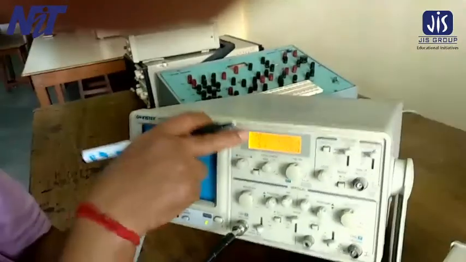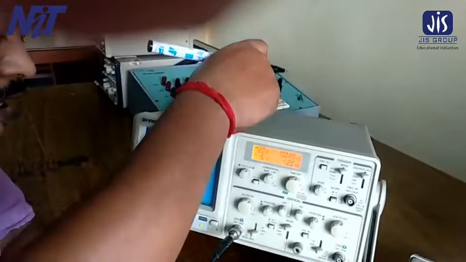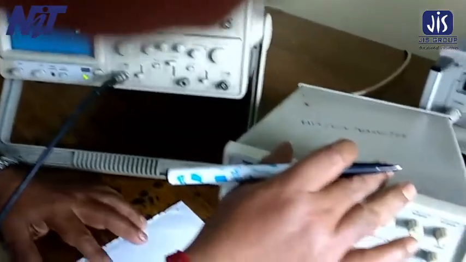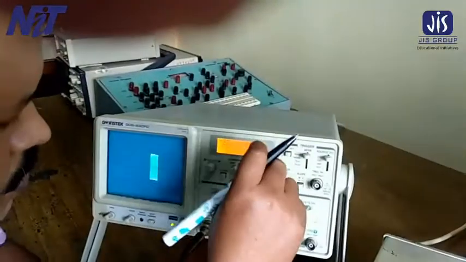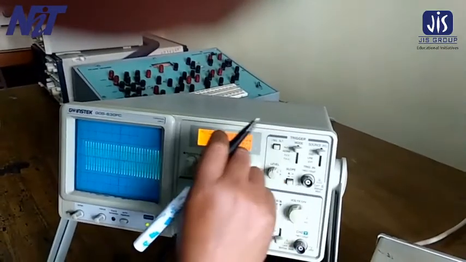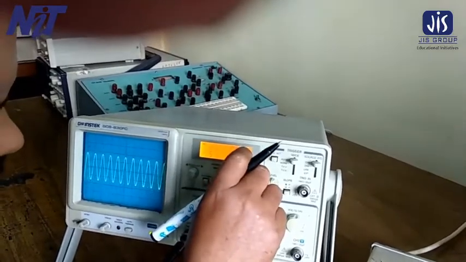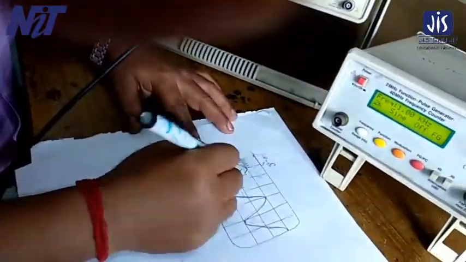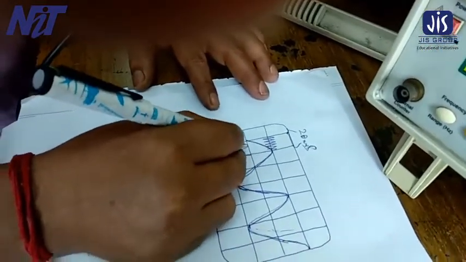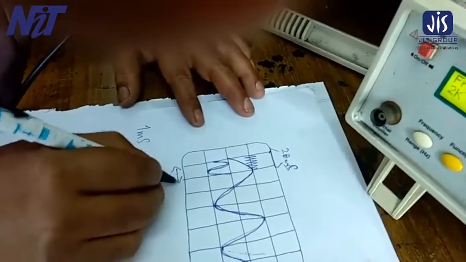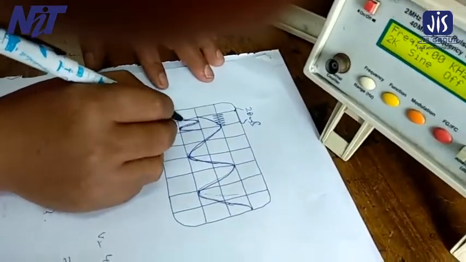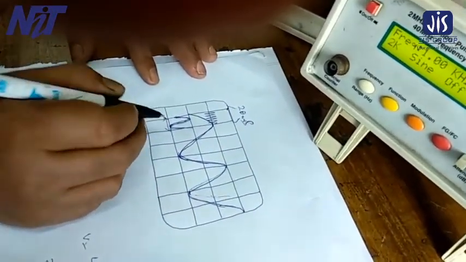You have to match your instrument time base. That means inside the oscilloscope there will be a sweep oscillator. You have to match your sweep oscillator according to your source. So if you make your time base 1 millisecond, then only you will see a complete time period or cycle in a big division area. That means your single time period will accommodate within this one big division.